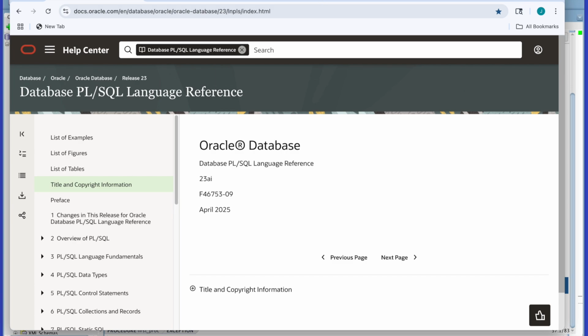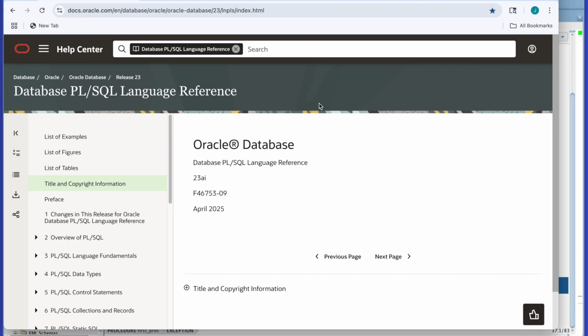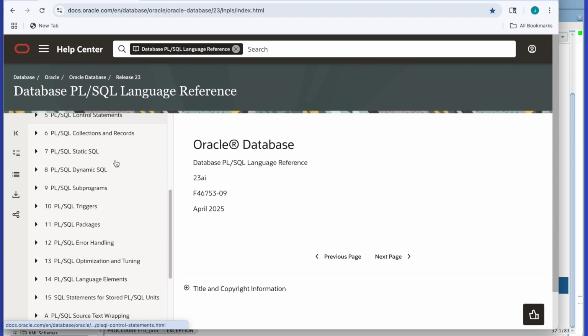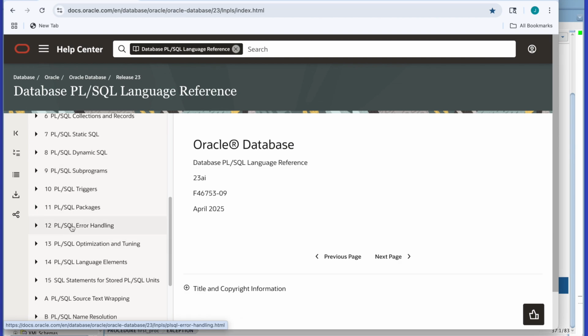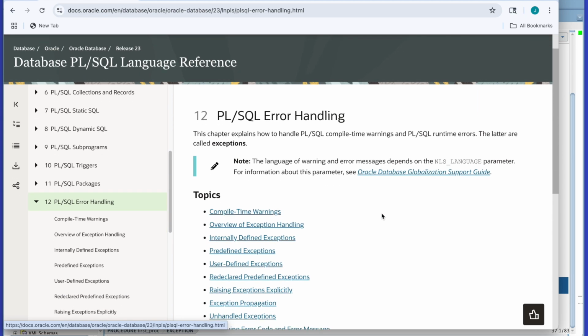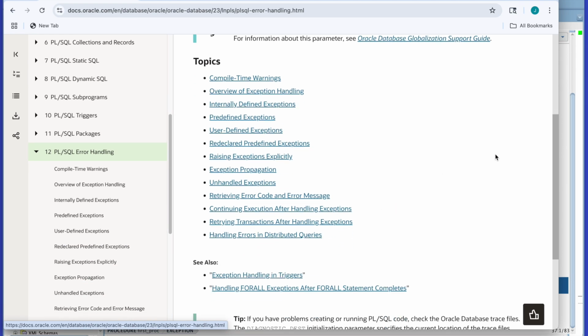This is a simple reference manual for PLSQL. It's not like here's how you build applications. It's like I'm telling you stuff. If you look on the left-hand side, we're going to use this. It tells you a lot of really cool things. Down here, error handling. Okay, let's take a look at that. Error handling is telling us all about the exceptions, and then it'll tell you here, there's a section called predefined exceptions, meaning these are error codes that Oracle has assigned names to, so we can use them by name,